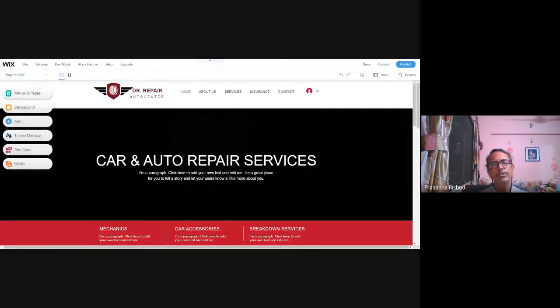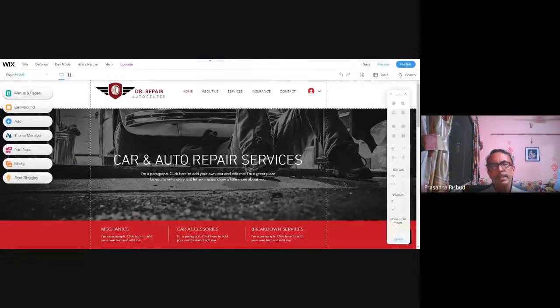So once you choose the template and go on the edit button and you are ready to edit the template, then you can simply replace or drag and drop the content as we did with Canva. Similarly you can do it on Wix, and yes, your website will be ready in minutes. So that is the only criteria which is required, and it's very easy. You can see now this template is ready, complete.